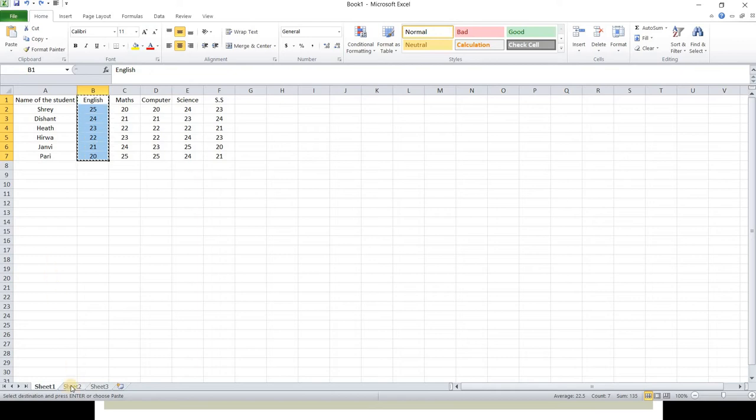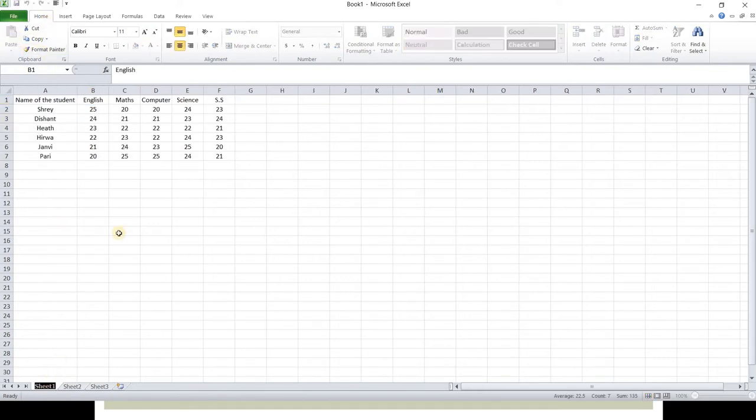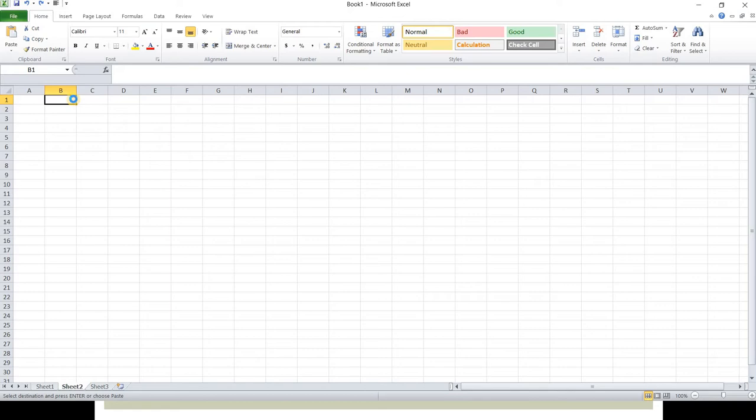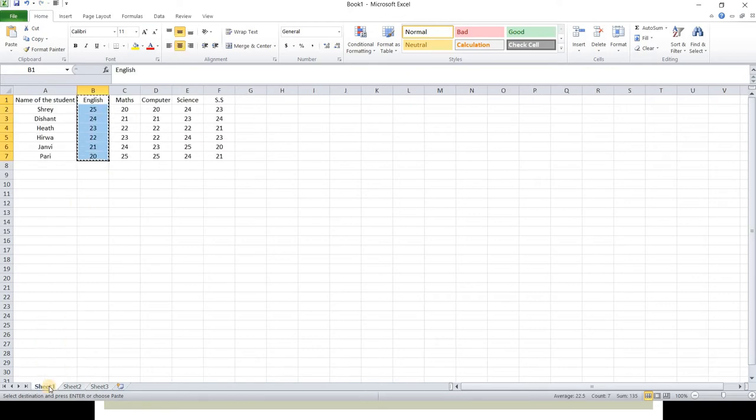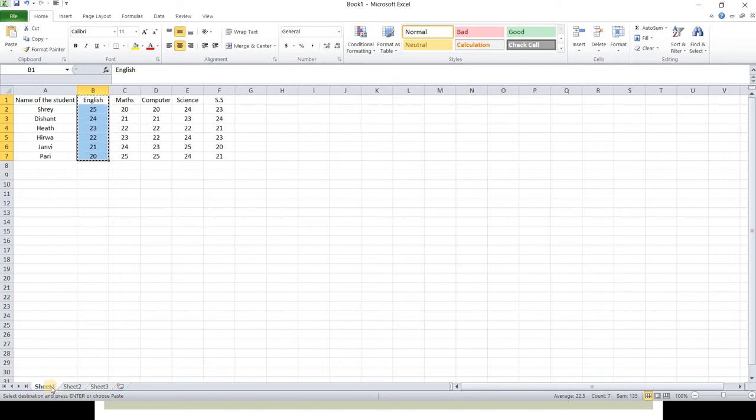And what if I want that data in sheet 2? I'll go over there and I'll place my cursor wherever I want that data and I'll press CTRL plus V, or you can go to home tab and you can paste. So select the cell, copy, go to the new sheet and paste. So see, when you create a copy, the marks are here as well in sheet 1 as well as in sheet 2. So copy means creating duplicate of the data.